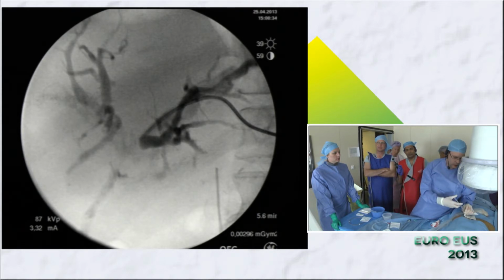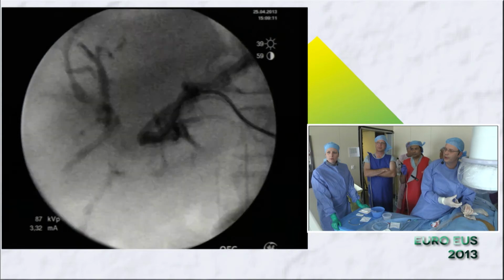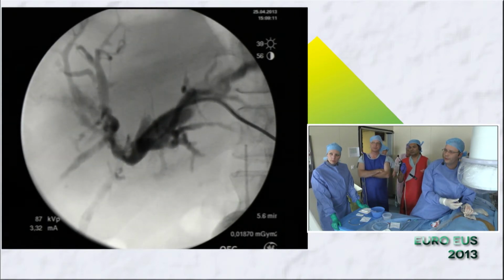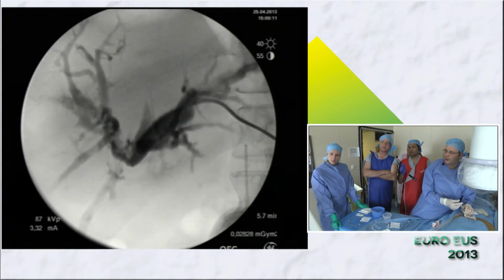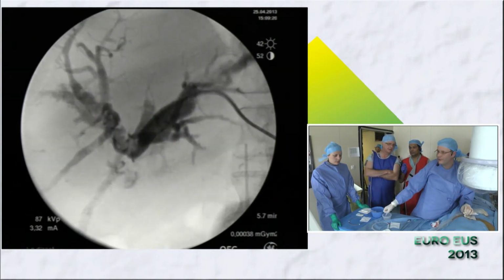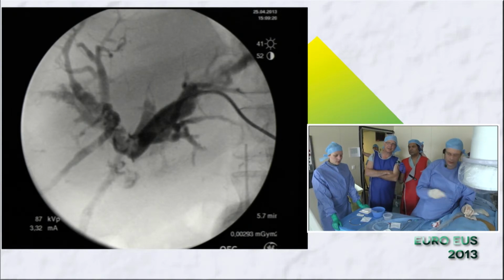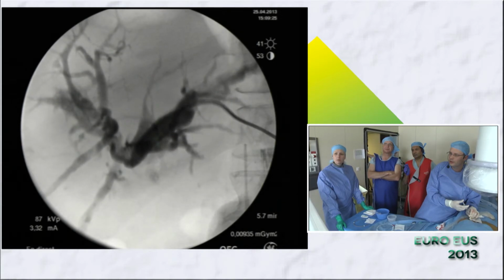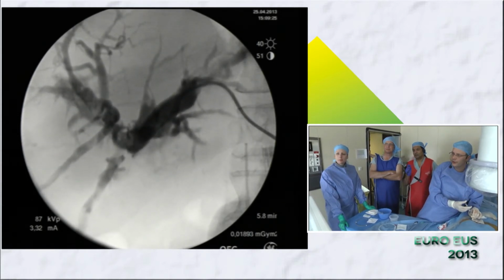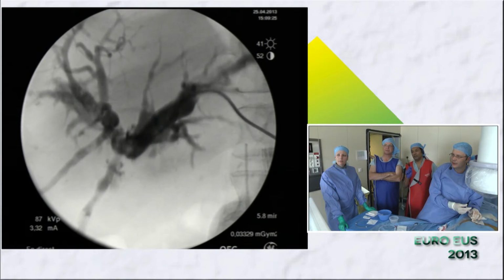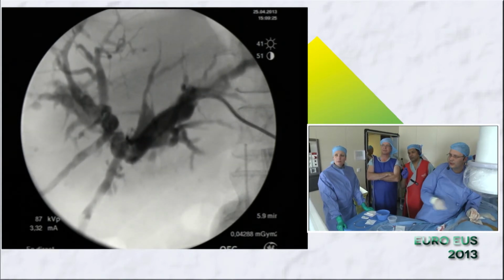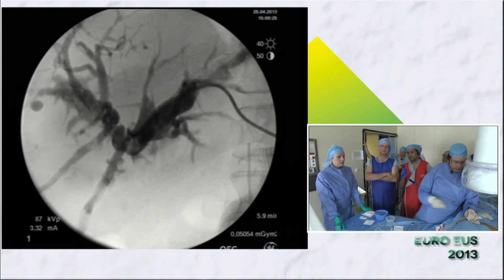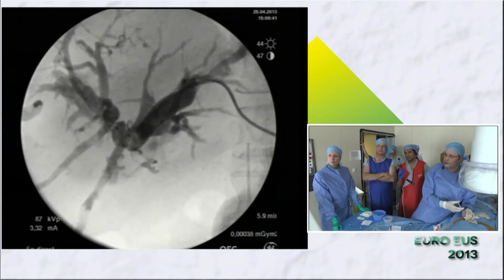So I will show you the cholangiography, the cholangiogram, and you see the structure and the small bowel we have seen just before. There is material inside the right lobe and the right duct. It's a typical aspect of biliary duct after ischemia. And at the lower part of the image, we have the